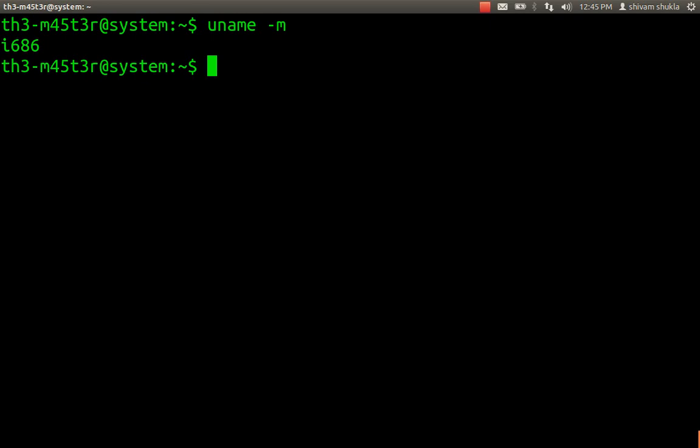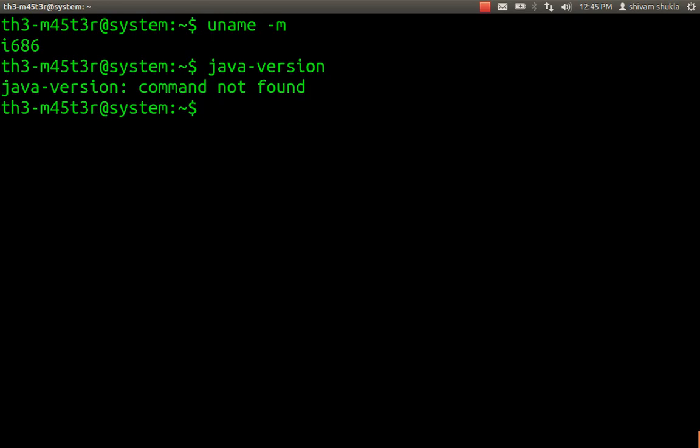Next you have to check whether you have any previous version installed or not. You will check this using the java -version command, and I have no previous version installed, so I am not getting any result from it. If you have any previous version installed, you will see its name, and then you have to remove it completely using this command and then the name of the version which you get above. It can be, for example, OpenJDK, so you will use this way. It will remove it completely.